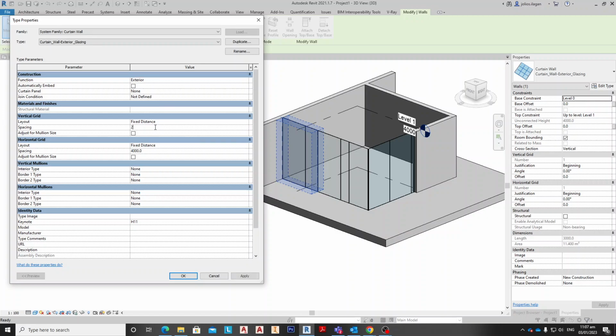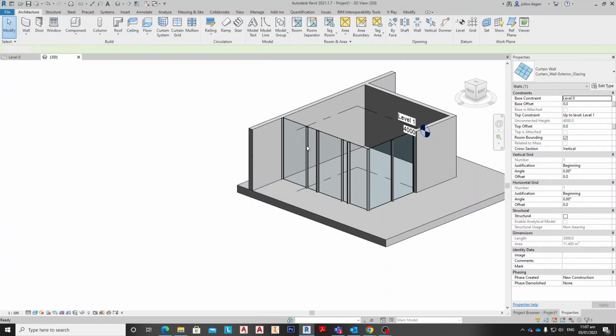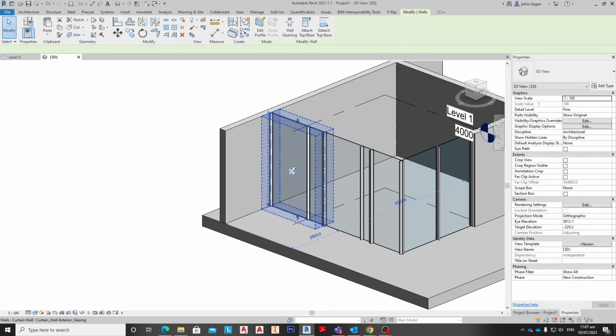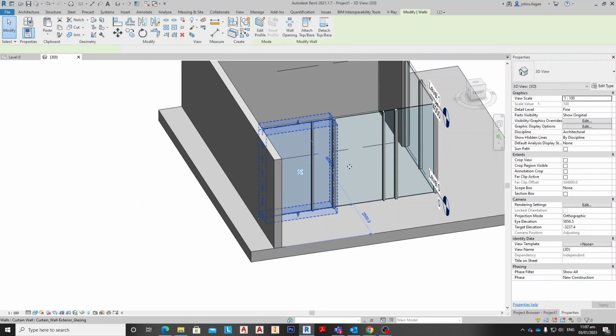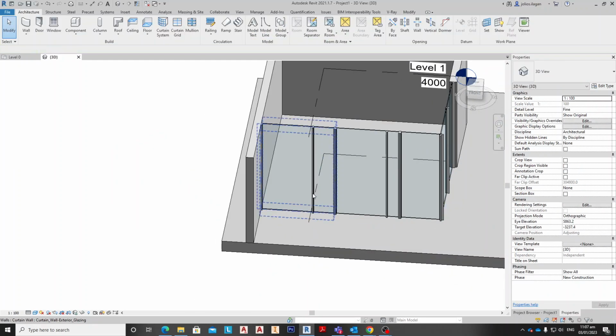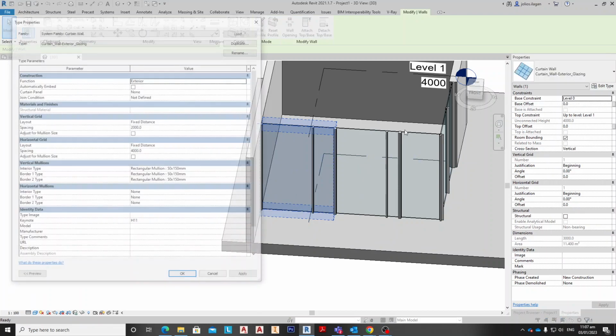make this 2000. Of course, we choose to have mullion by rectangular. Choose this 150 and choose this 50 by 150, and the interior also choose this 50 by 150. Click apply, and then okay. You will see that there is mullion now, and again click to edit type